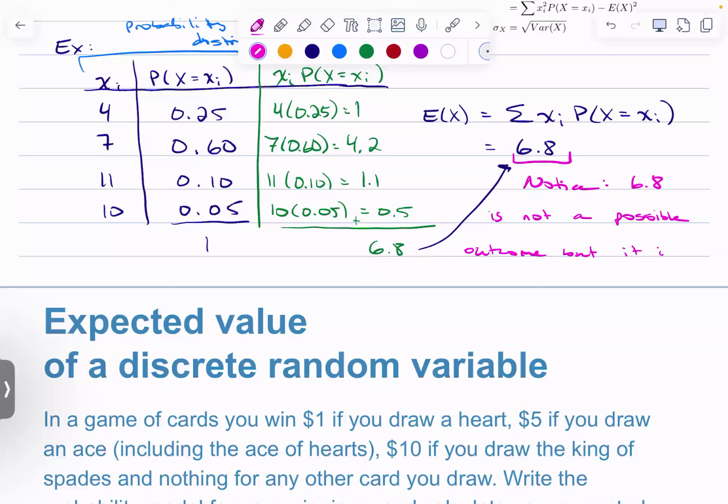But it is what I expect over many trials. So on average,